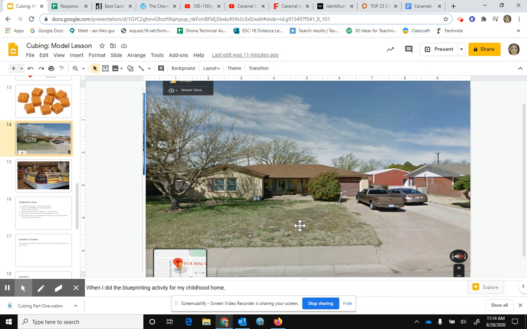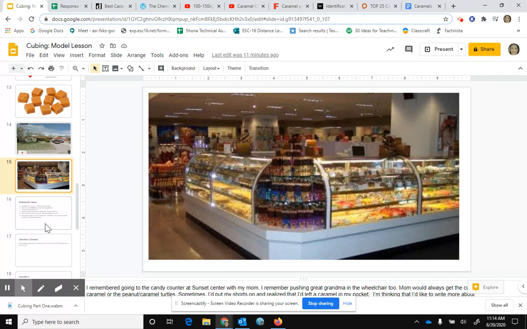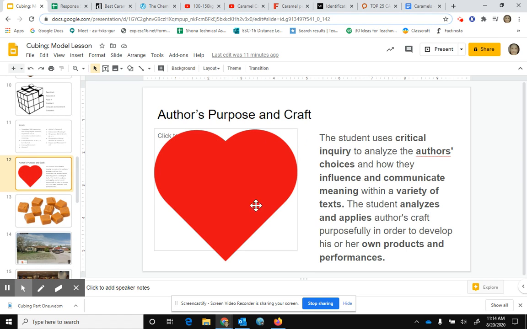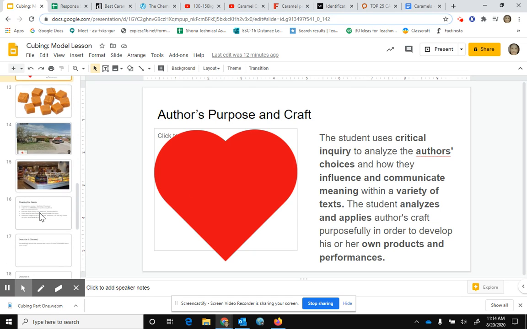You've returned to your memories to think about what you remember about your experiences about caramels or where your curiosities lie. You have returned to and thought about what these could turn into and where your thoughts might lead you, because really that is the heart of what you do as an author. That's how you guide what you're doing with your own products and performances. And the choices you make as an author are going to influence how you communicate the meaning that you wish